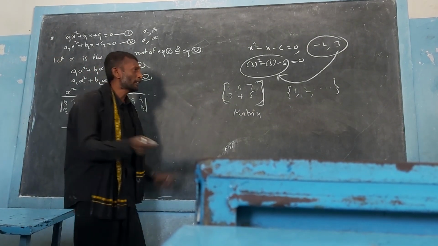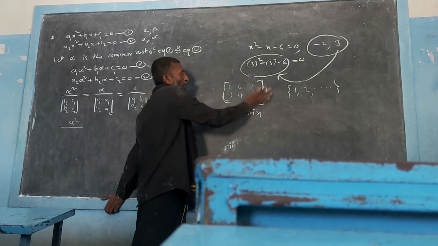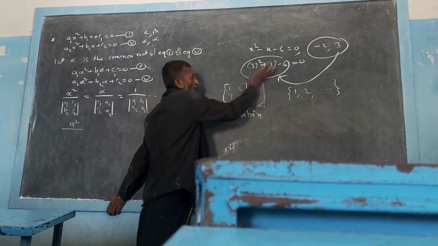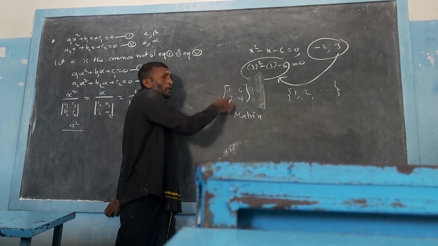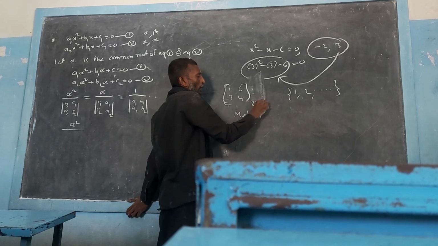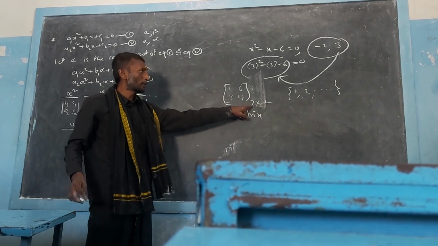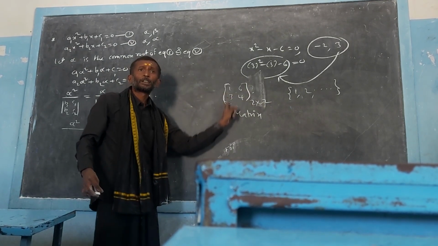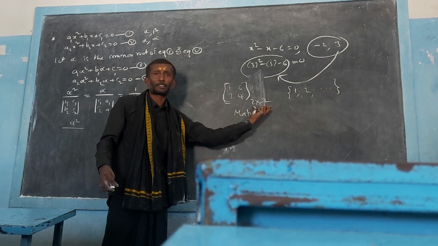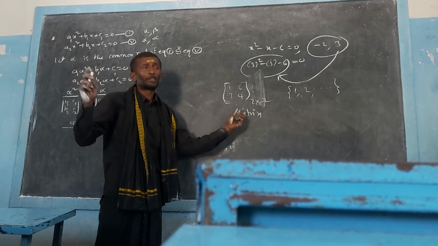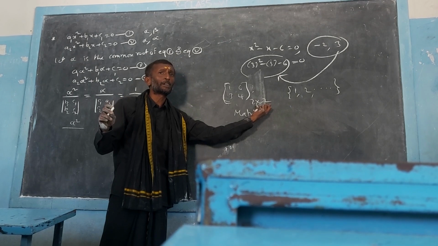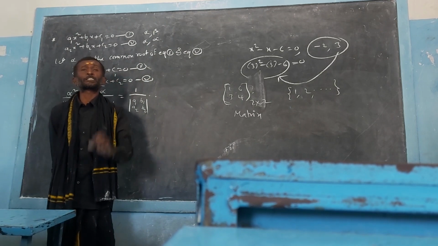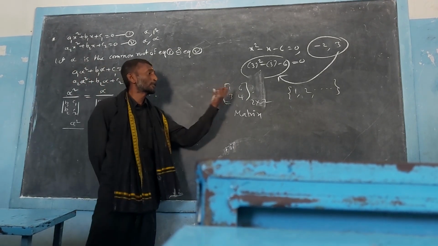Square matrix means a matrix is said to be a square matrix if and only if the number of rows is equal to the number of columns. In this matrix here, we have two rows and two columns. So this is an example of 2 by 2 order of the matrix. The first number denotes the number of rows of the matrix, and the second number denotes the number of columns of the matrix. We call this the order of the matrix. What is the order of this matrix here? 2 by 2. Here the number of rows and number of columns are the same. So in that case we are able to find the determinant of the matrix. The determinant of the matrix will exist only if the matrix is a square matrix.